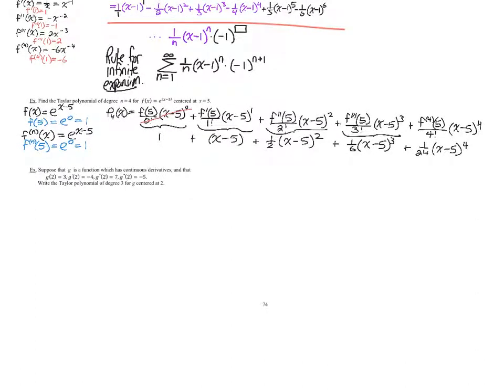All right, so the next one: suppose g is a function with continuous derivatives, and that g of 2 is equal to 3, g prime of 2 is equal to -4, double prime and triple prime are given. Write the Taylor polynomial of degree 3 for g centered around 2. So that's good news. They did all the work for us. Well, at least all the derivative stuff. So